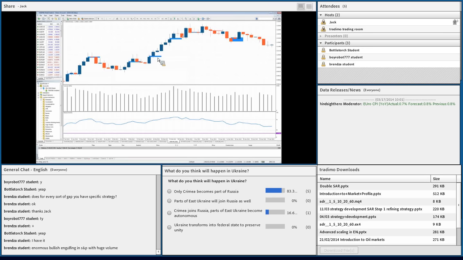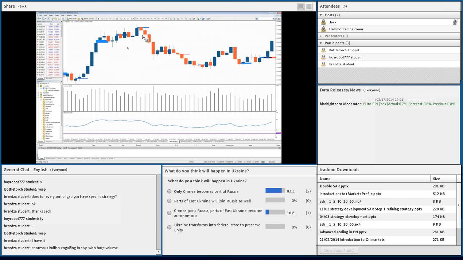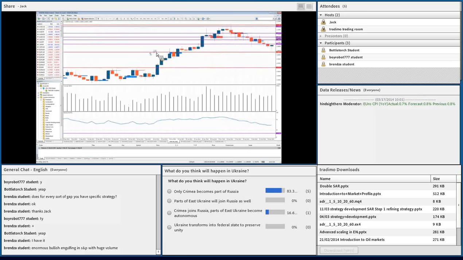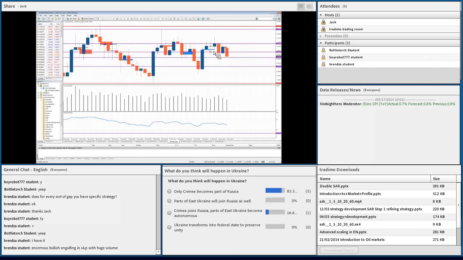So you can see we have an open close gap here, we have another open close gap here, and we can see obviously we have another open close gap, and so on and so forth, and it actually just marks up the gaps that occur. Now generally, these aren't the best gaps, but I like obviously the high low gaps. So if we were to stick our DAX on here,